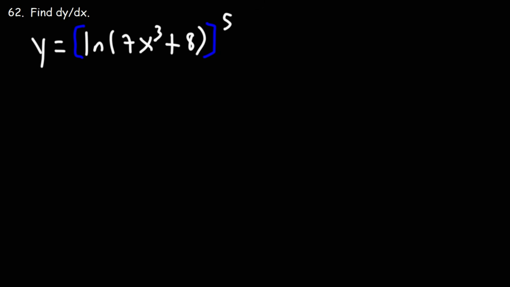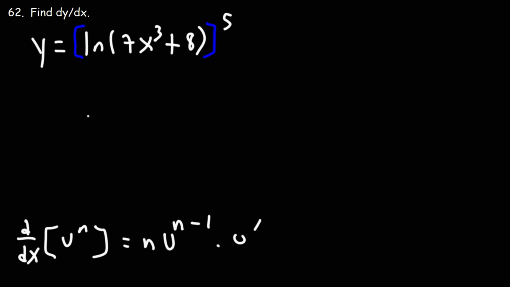Number 62, find dy over dx. So in order to find that, first we need to find the derivative using this formula. The derivative of u to the n is going to be n u raised to the n minus 1 times u prime. So dy dx is going to equal